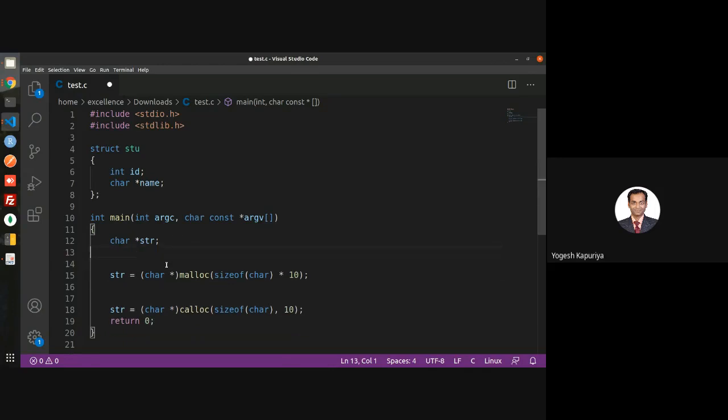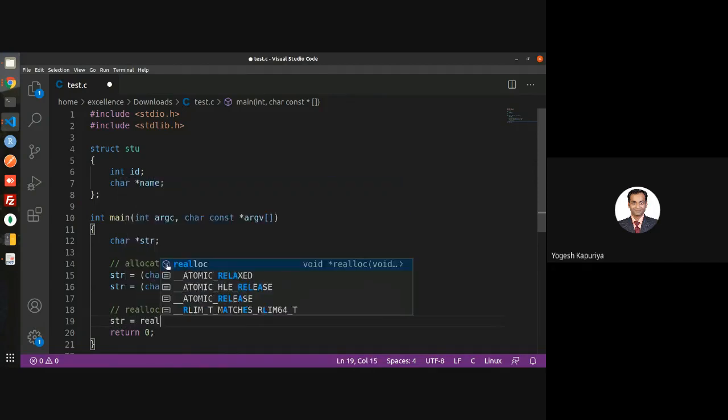Let it be a simple case. These are the two options for allocation. One is malloc, second is calloc. Whenever you want to change the memory, you have to use reallocation.